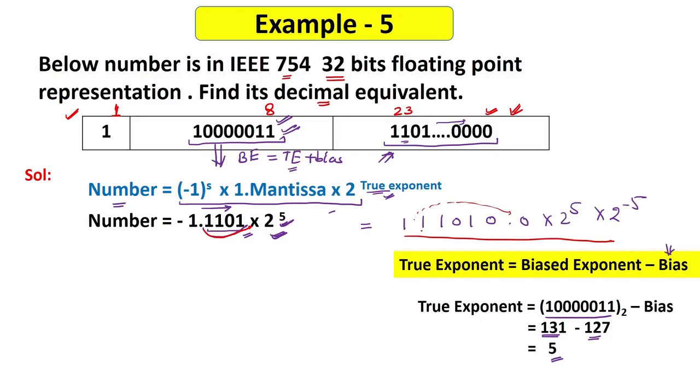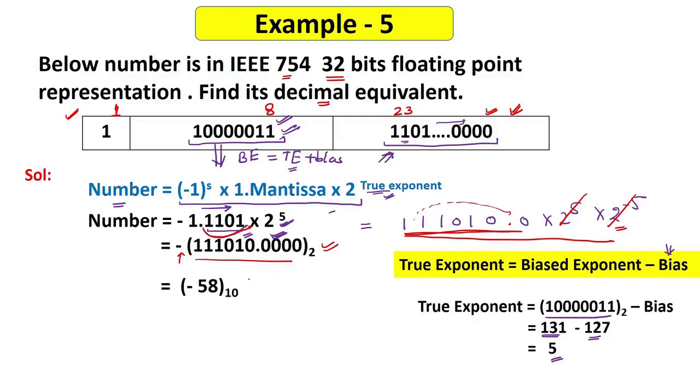And then this is like 11101.0. Okay, and I multiplied by 2 to the power minus 5 as I am moving right side. So this will cancel out and only this number will be remaining. So I got this thing, and the minus sign will be there. Now this is a binary number. I can easily convert this to a decimal number. After converting this to a decimal number, I will get 58.